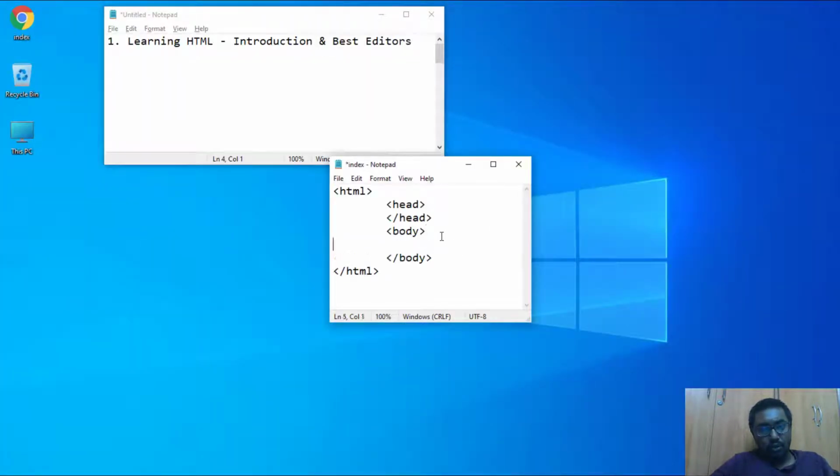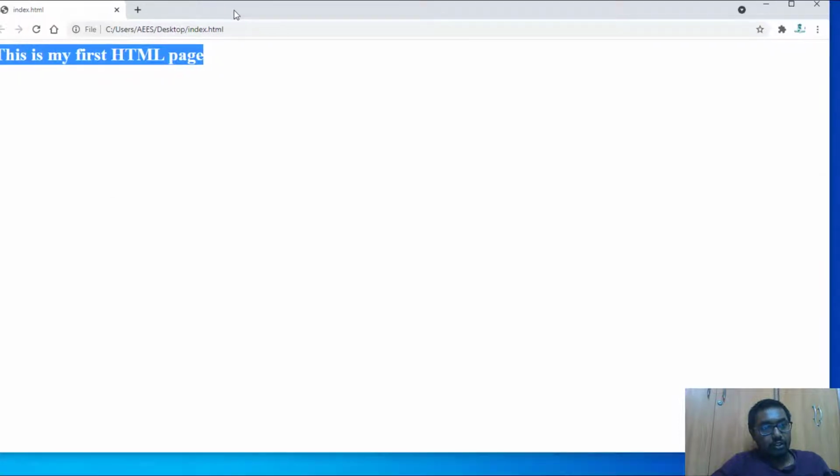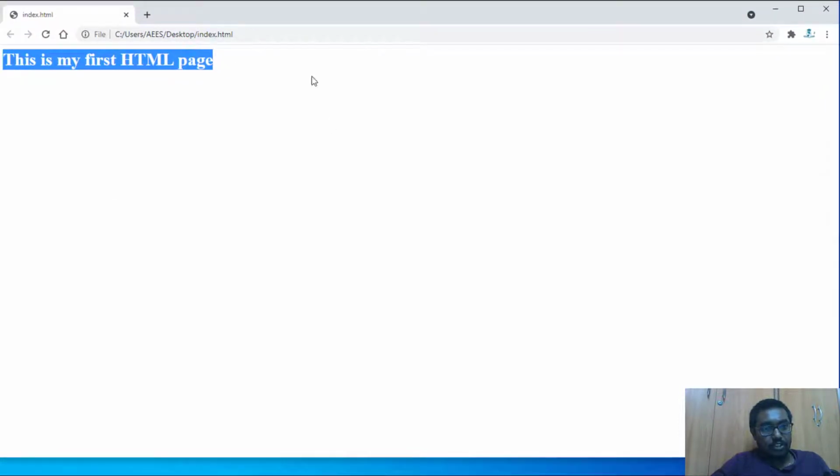If you want to have the h1 tag for headings, write: this is my first HTML page. HTML is nothing but a hypertext markup language. Just reload it and here you go, you got your "This is my first HTML page".